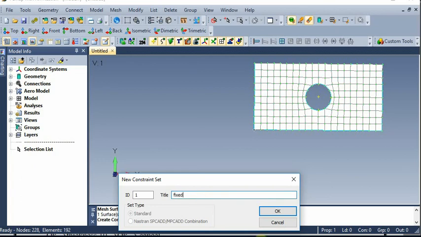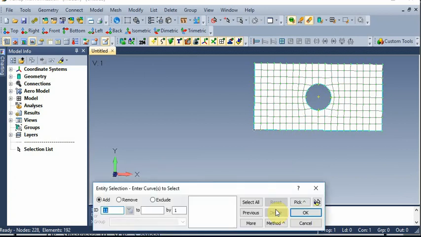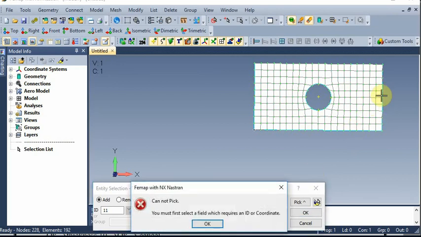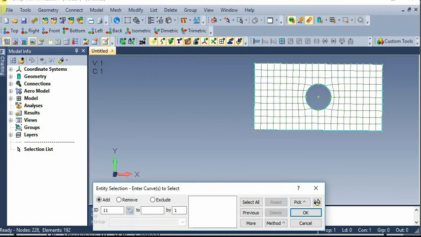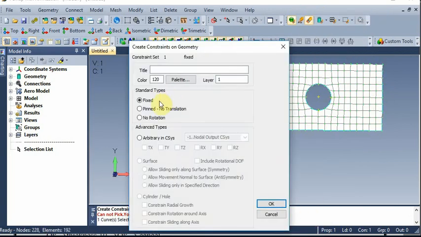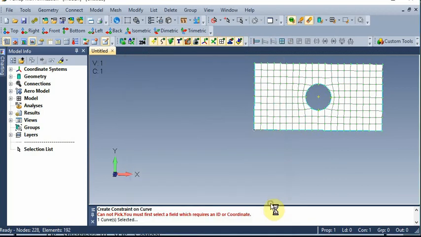Okay, then the left side. You have to apply this constraint on this side. For that, go here, sorry, click this one, normal, select OK, then it is a fixed kind, give OK, cancel.